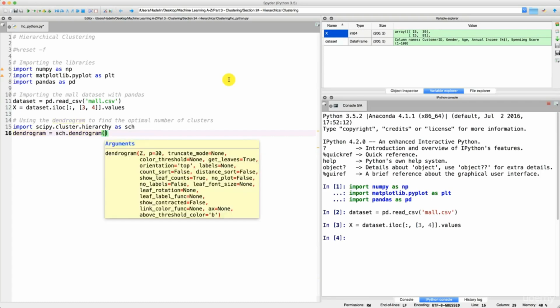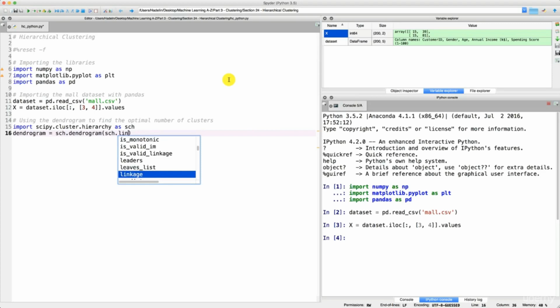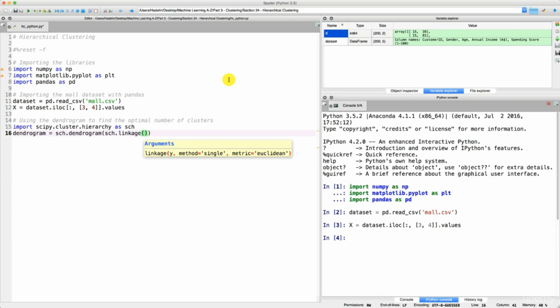And in parentheses, we add sch.linkage. So linkage is actually the algorithm itself of hierarchical clustering. And then in linkage, we have to specify on which data we apply the linkage. So that's X, that's our first parameter,